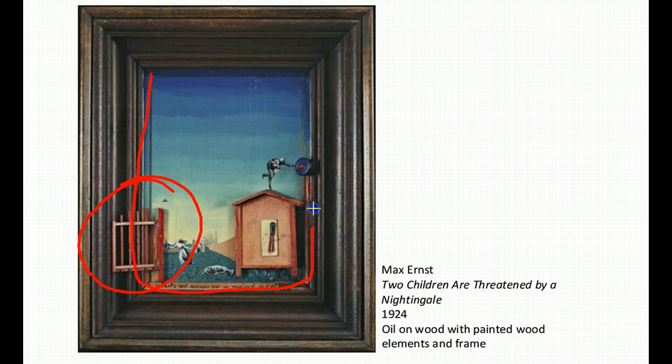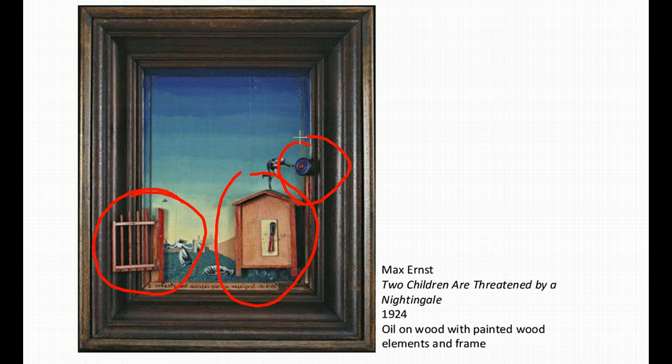There are elements of wood that are adhered to the picture's plane. This is like a proper painting inside of this proper frame. And so elements like this fence, this item, and this are actually extending out of the canvas, out of the frame, and into, very slightly, the viewer's space. So he's taking up where collage had left off in Cubism and making it a little bit more specific. This is a reference to a dream or a nightmare; threatening makes it a little bit more of a nightmare. But the idea is simple.